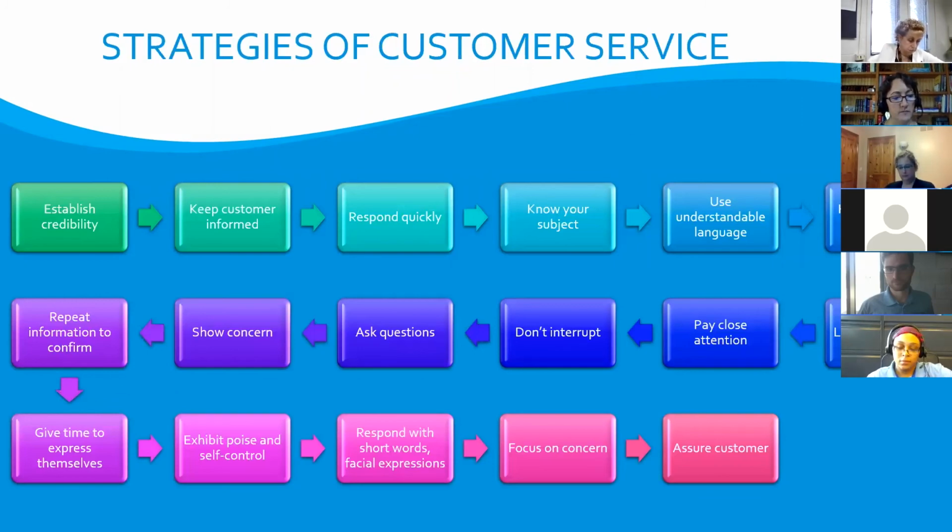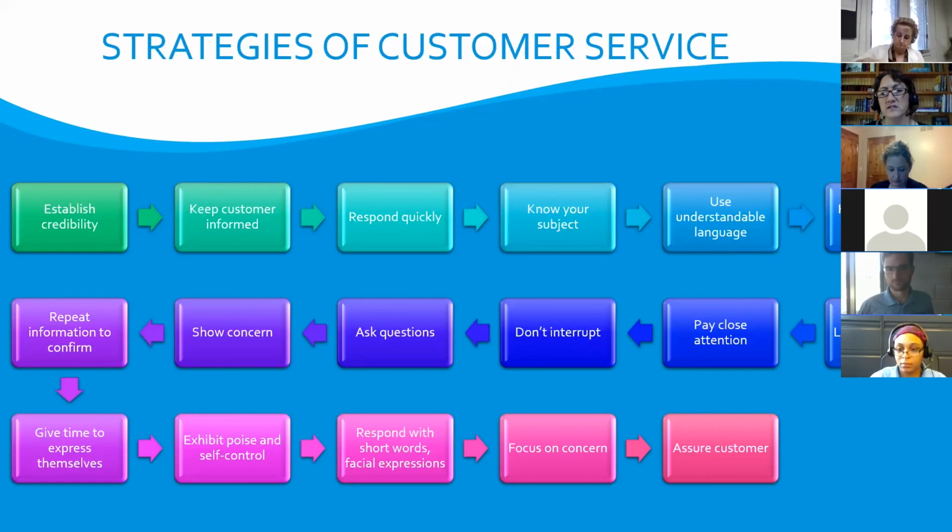So we have talked about principles of good communication. For those of you who have the book on page 44, feel free to look at that bulleted list. That is what we're talking about with strategies for customer service. And so we want to walk through some of these strategies that go beyond customer service and actually help you with interpersonal communication. It really is what we're talking about with customer service.